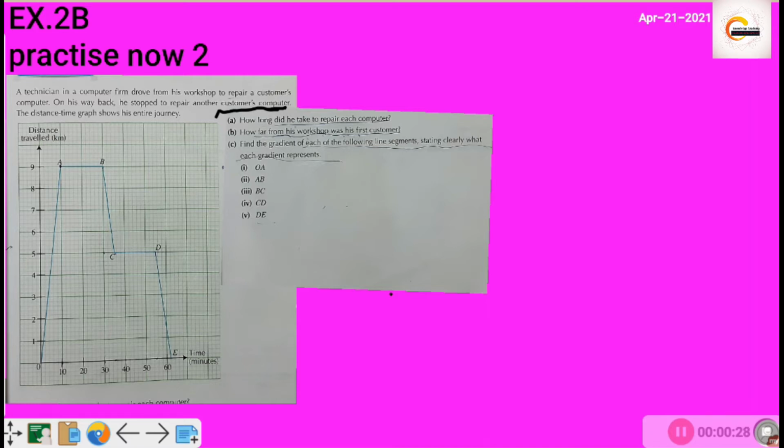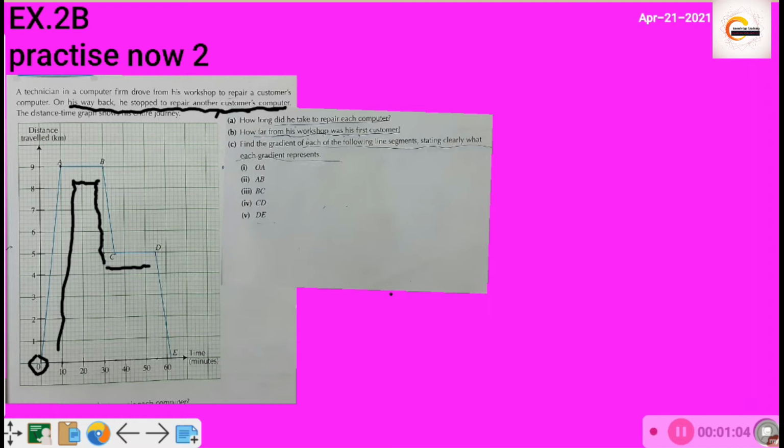As we can see in the graph, he started his journey from point O. So point O will be his workshop, and he went all the way to point A. There he stopped and repaired the computer. From A to B, as he is not covering any distance, the distance is stagnant. So it's the time where he stopped and